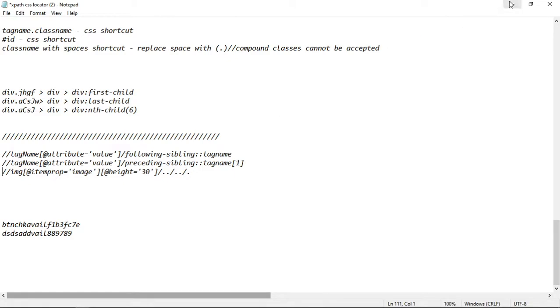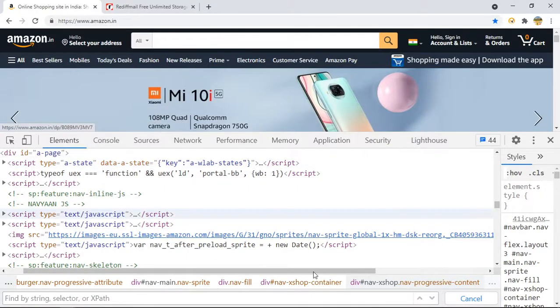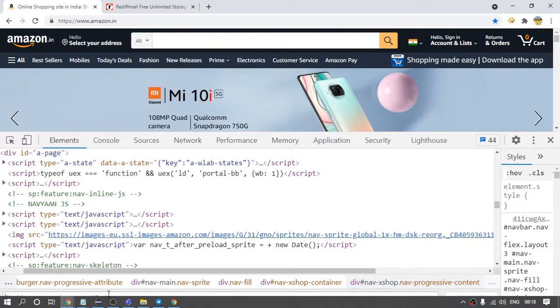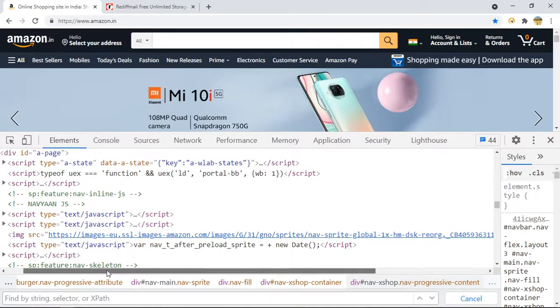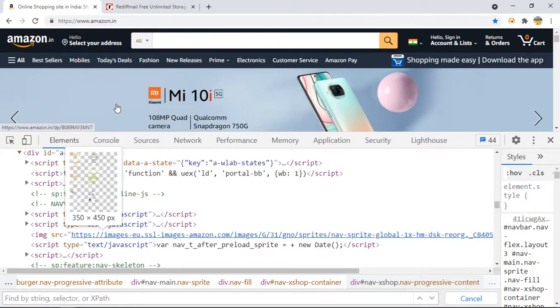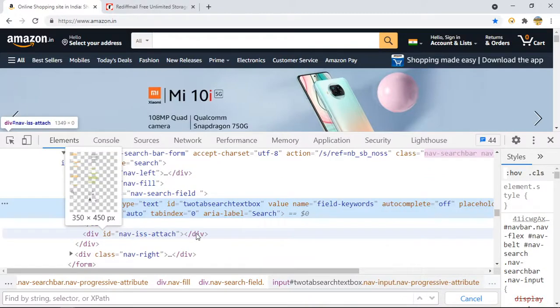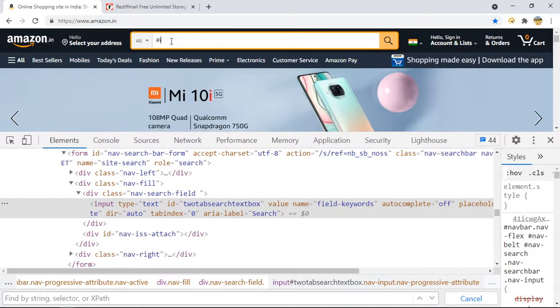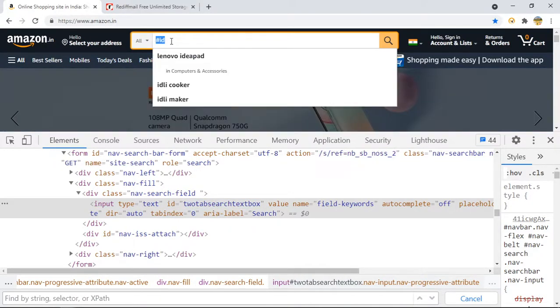Okay, so let us discuss some shortcuts. So this part is clear, how we can move in CSS. There are some shortcuts of CSS, which, if you use, will make the CSS very easy. So let us start with this. Suppose you find an ID like this in the CSS, you can just say hash ID. That will be your CSS.